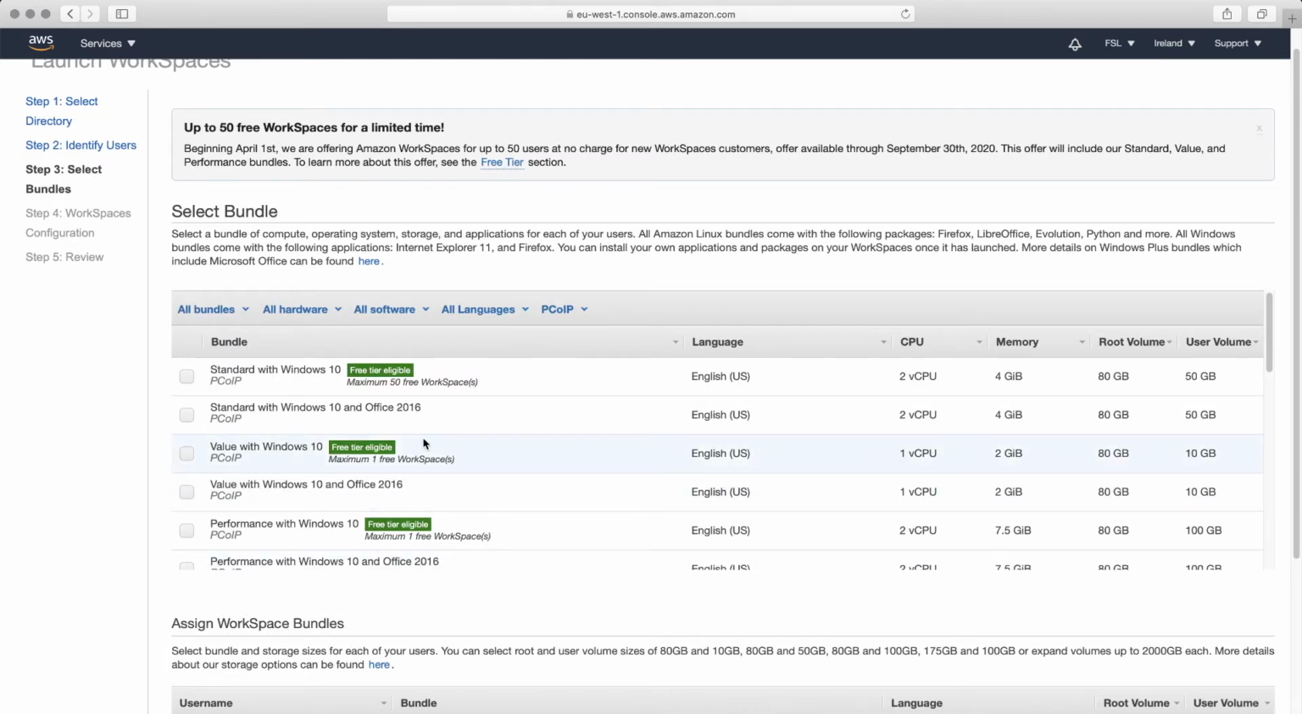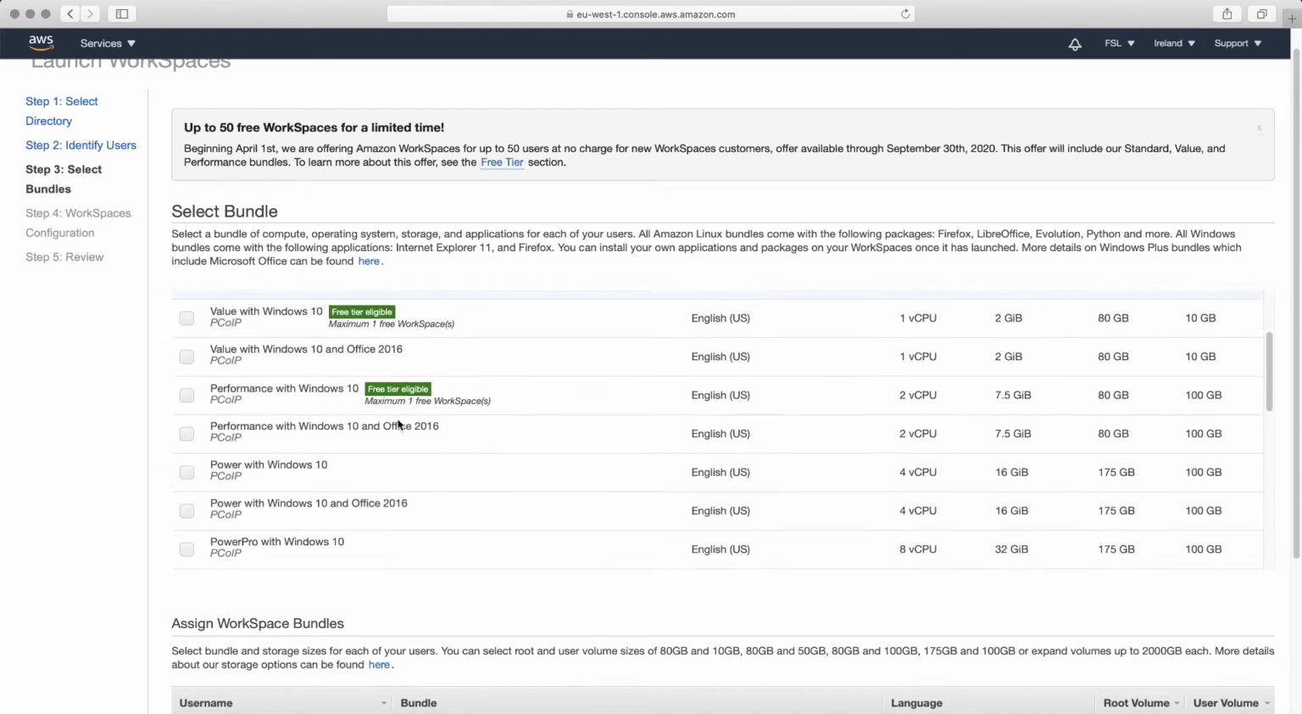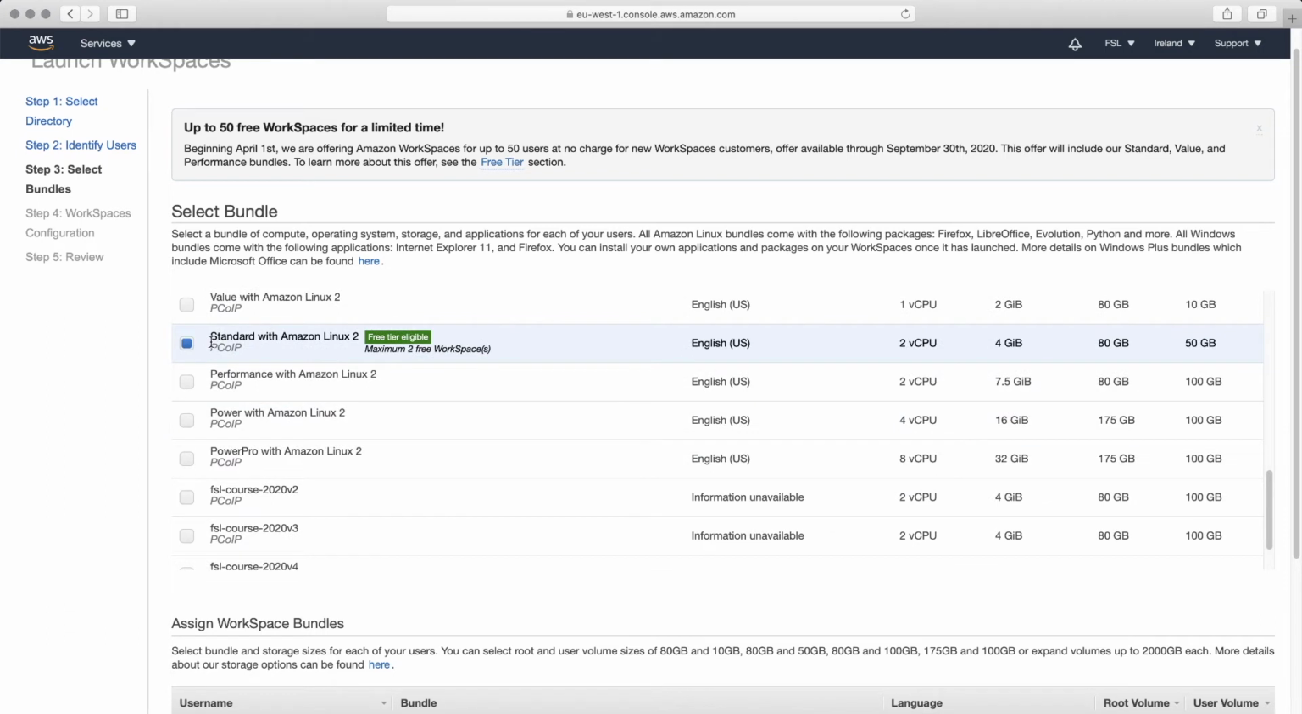There's a lot of options on this page, but what you want to do is click on the Linux standard with Amazon Linux. So that's a good option to start out on, and if you were in the recent online FSL course, these are actually what we used. From there,